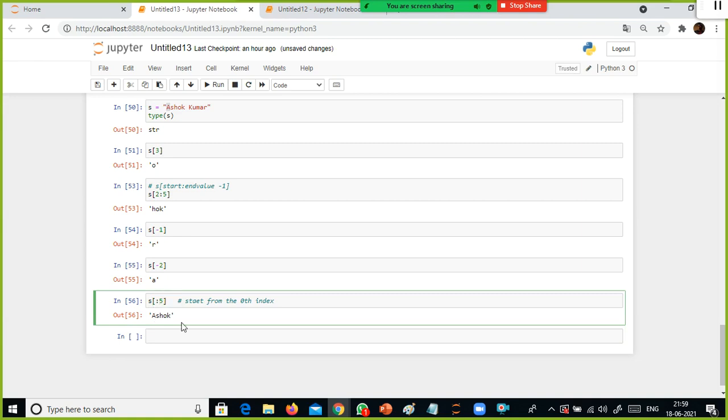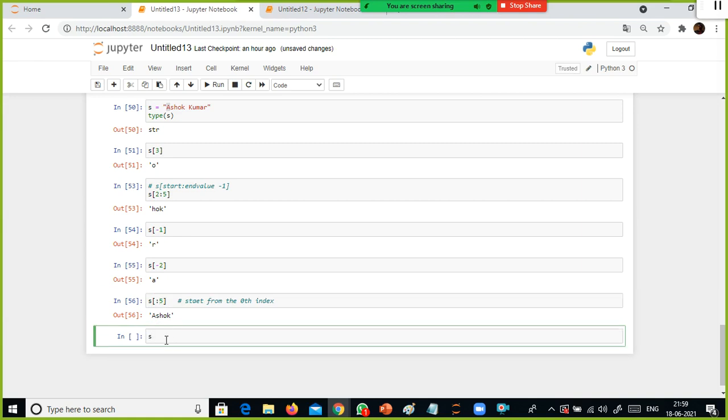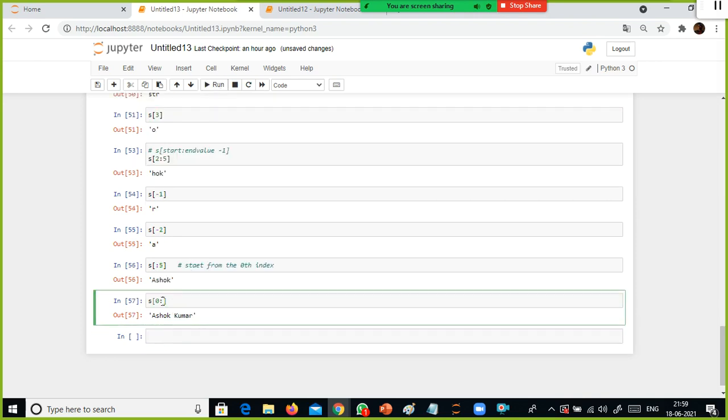K. Ashok. Similarly, if I specify 0 colon and nothing after, if I don't specify anything till the end, it starts from the 0th index till the end. If we don't specify anything after the colon, it prints all the values starting from this location.